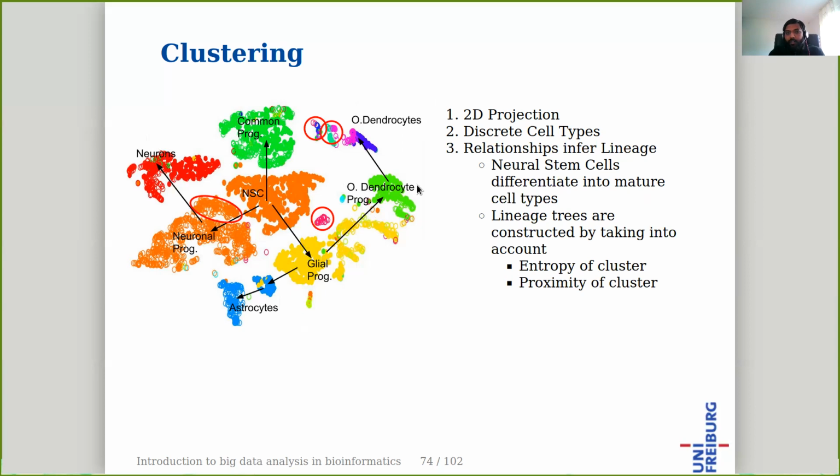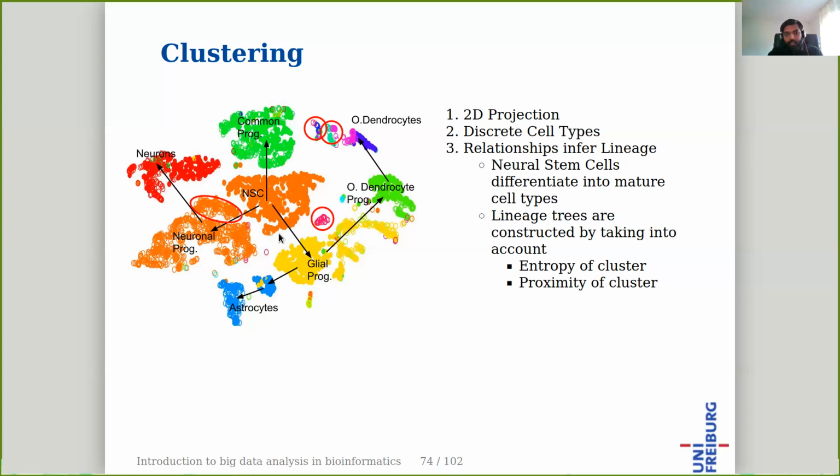And this can be done by these lineage trees, which are constructed by taking the entropy of the clusters and the proximity of the clusters. If two clusters are closer, then this cluster must come from here. So we can assume that common progenitors cannot be directly related to later progenitors, because there are other clusters in between. So we take the proximity. We also take entropy. The idea, the motivation behind this is